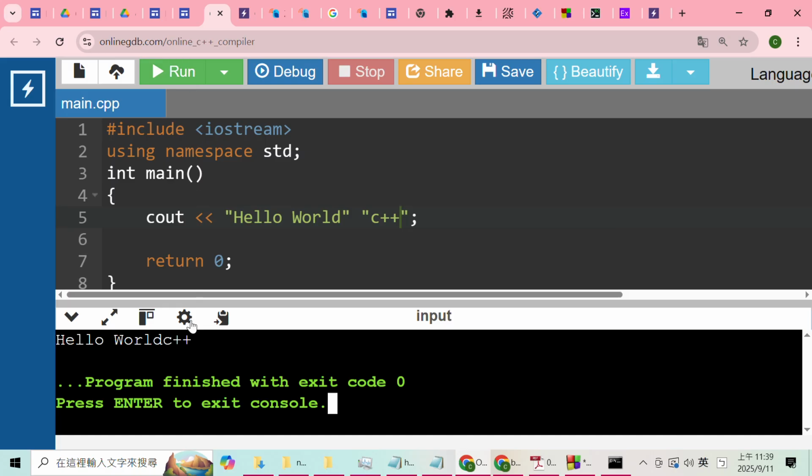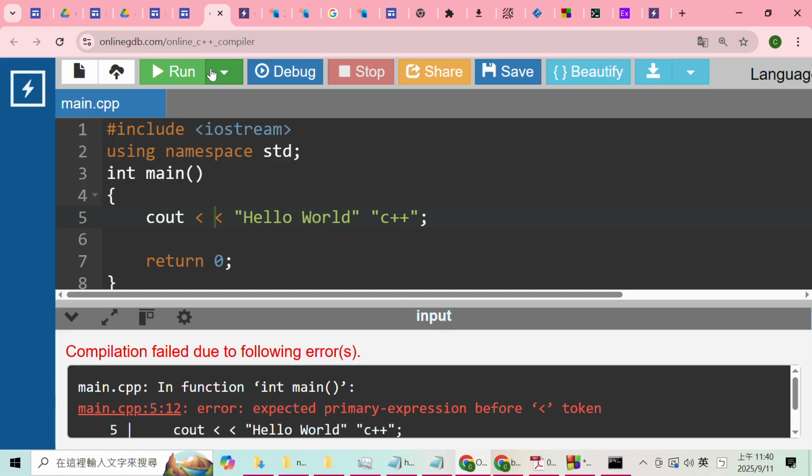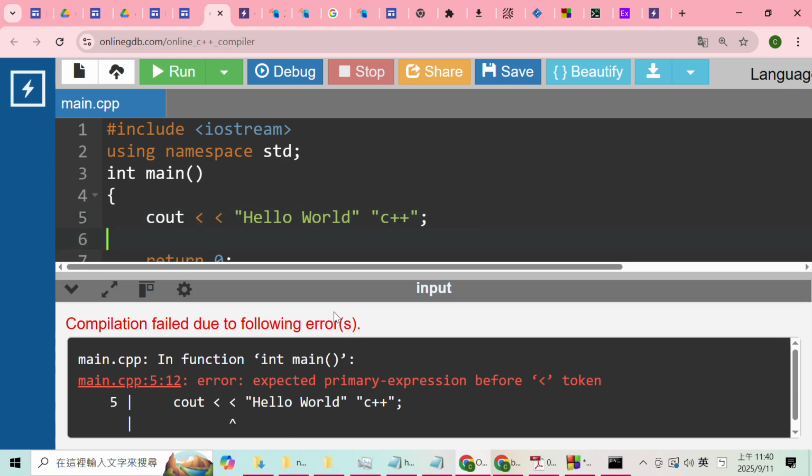Oh, this is fine. Okay. Now suppose I add a space between the two less-than operators. I add a space here. Then you will have a syntax error